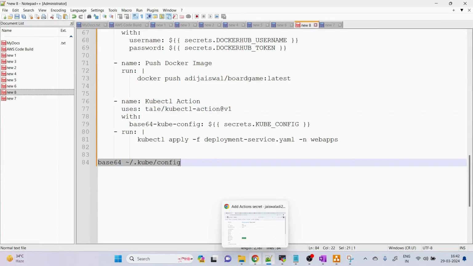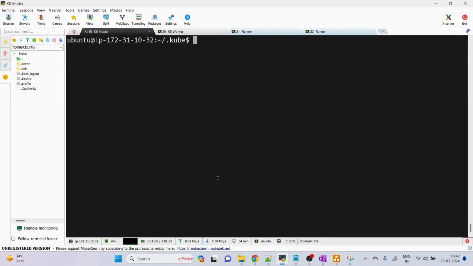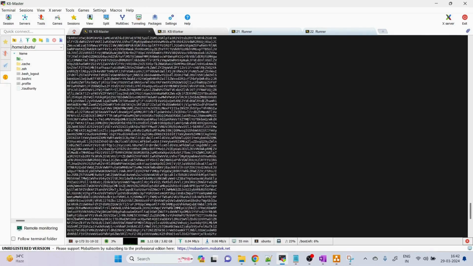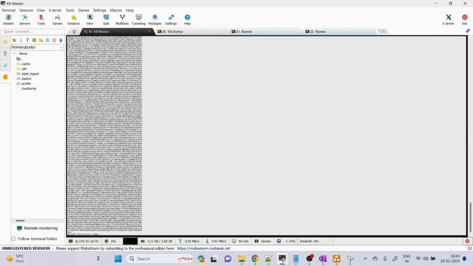One of the other reasons that we are using base64 format is that if you just copy paste the JVJ file directly to GitHub Actions, it won't work, because the format is completely changed and it may not work properly. So we are going to convert it into base64 format. Now you see this file, this is a single file, right? Correct. Now we need to paste this